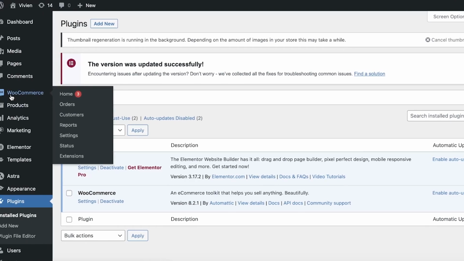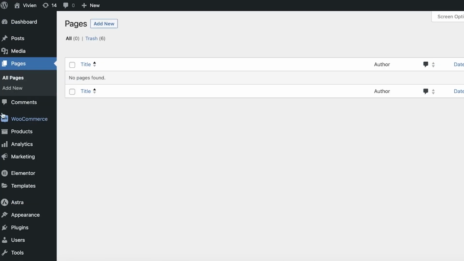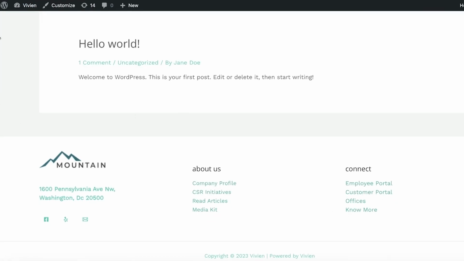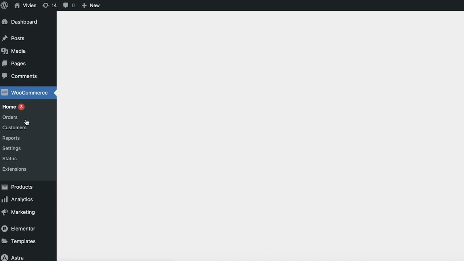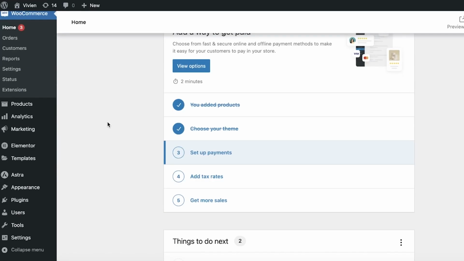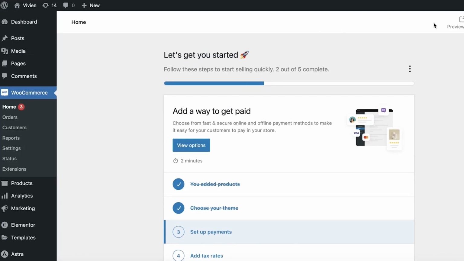Now, the first thing we're going to do is actually take a look at what pages we do have currently. Currently, I don't have any pages on my site. This is just a sample website. This is just a default template. So we can go on to WooCommerce over here. And once you go on to WooCommerce, you can get started with optimizing your content and actually previewing your store,